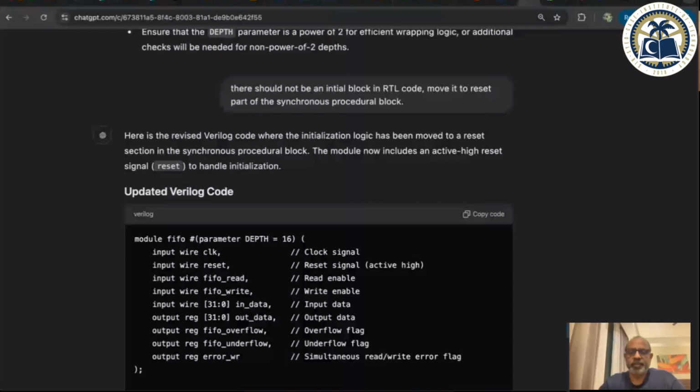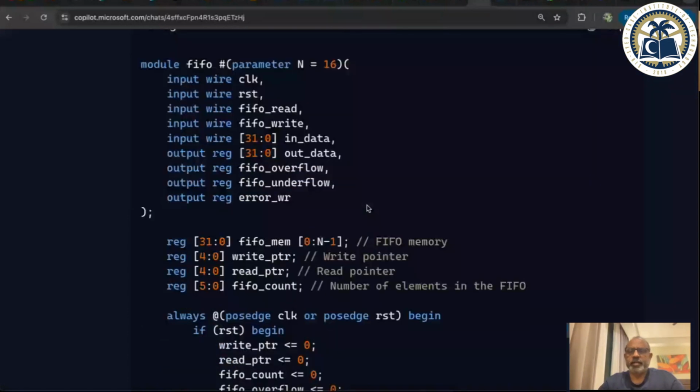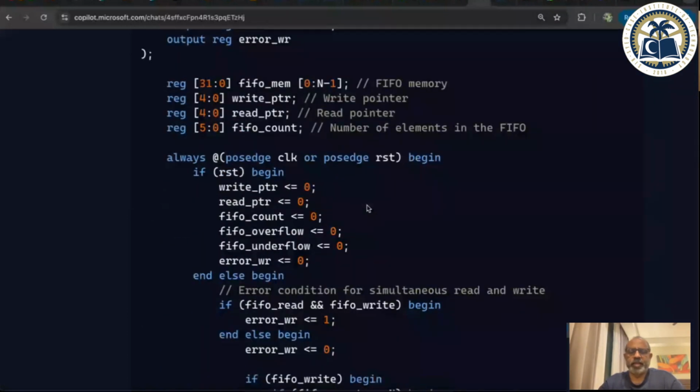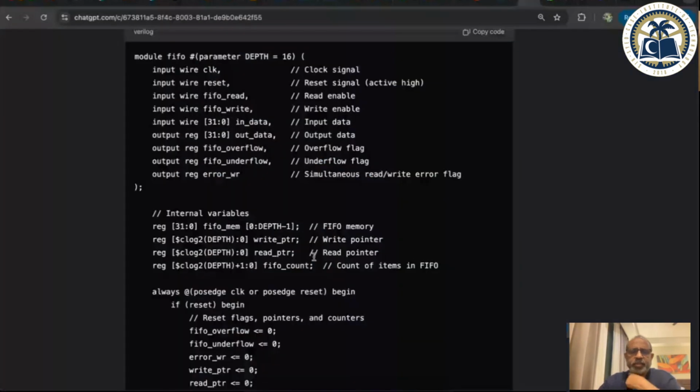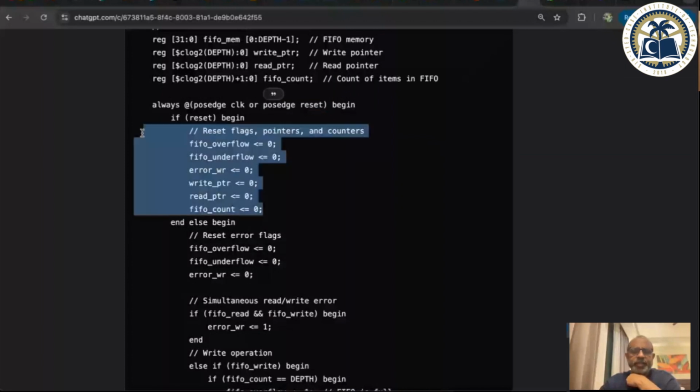So you should be able to figure out these things, and if you see such an error, reprompt it and tell it that no, this is not right. Just move this thing out instead of coding it yourself. So I asked this, and then it did that. It is posedge reset, and then it has reset all these. It is almost the same code you have seen in Copilot: the FIFO count, read pointer and write pointer, but all these are registers.